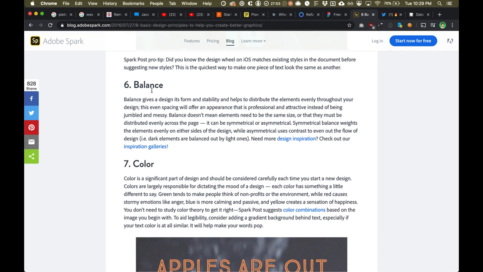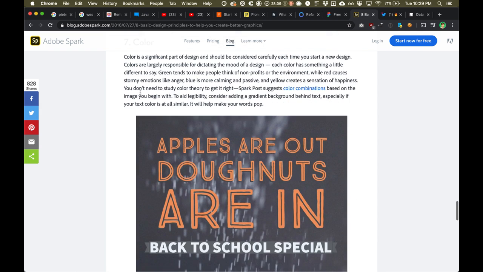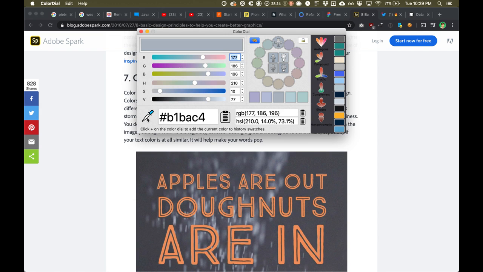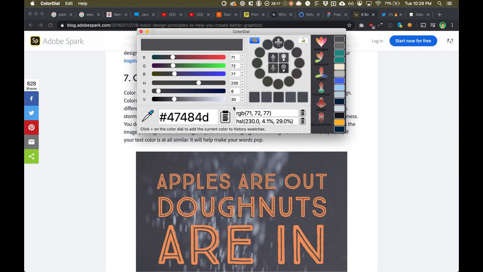Balance. Obviously, you don't want large parts of your page to be filled with content. Like your top left of your page is a ton of content, and then the bottom right is totally empty, right? You want things to kind of have a symmetry to them. Color, so this is an interesting one. I use a color tool called Color Dial, and what I do with this is if I'm looking for a similar color to something else, I can select these analogous, compound, triadic, complement colors, and I can usually find something that kind of matches this color to use in my design. But I often find it requires a lot of playing around with.